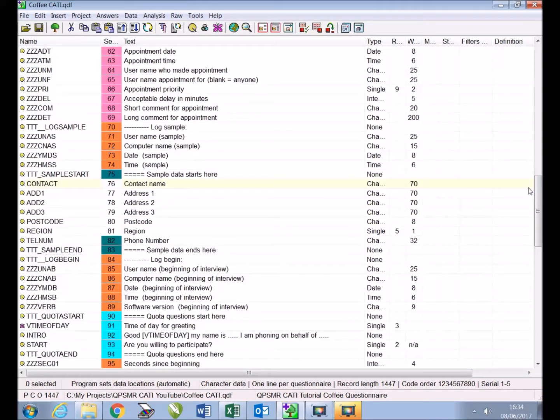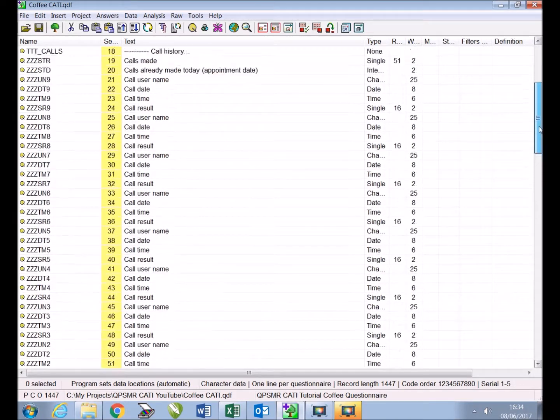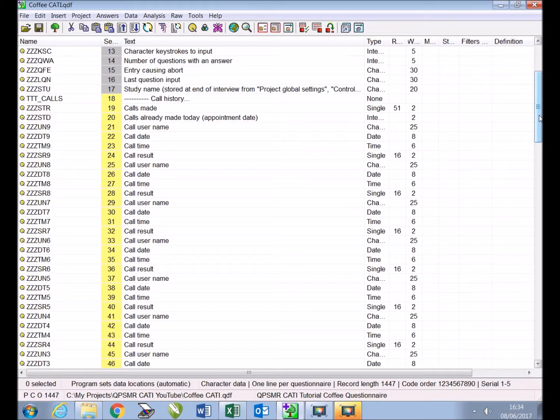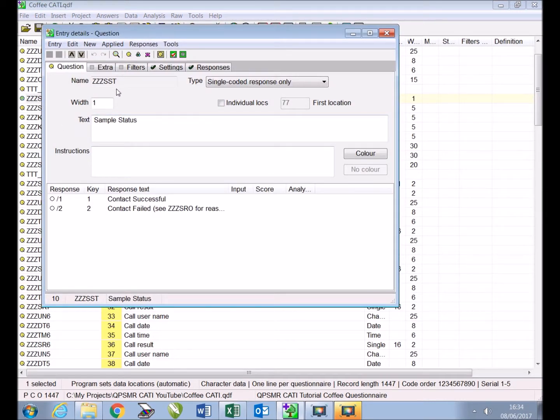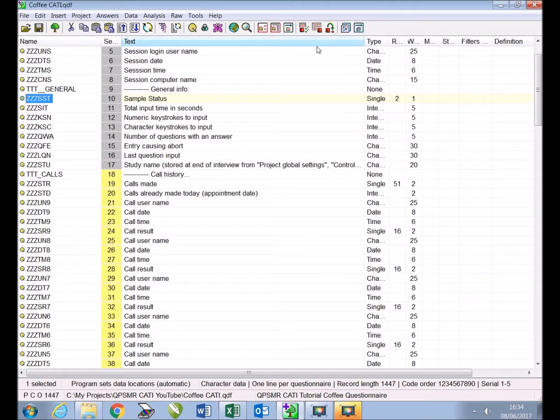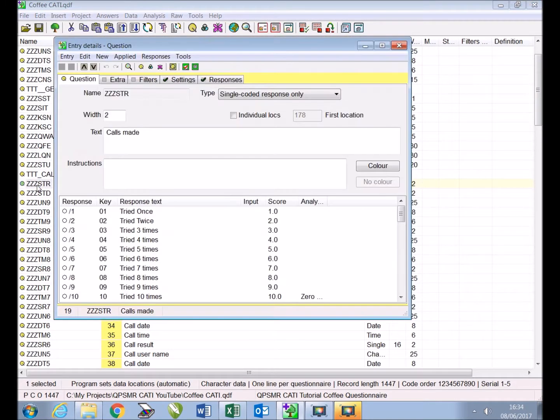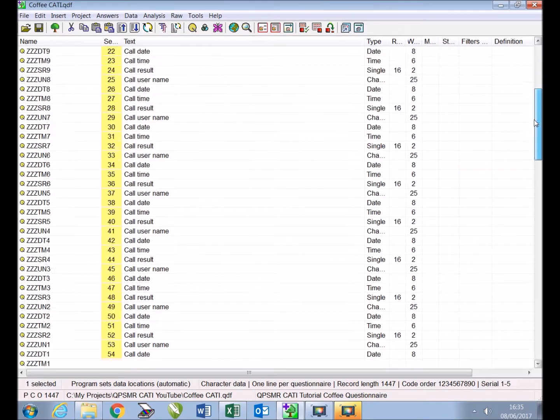All entries required to hold the sample information have now been created, as well as the telnum entry to store the telephone number. The ZZZ entries needed for sample management were copied from the skeleton QDF file in the previous video. To recap, these are ZZZ SST to hold the status of the sample, contact successful or failed, ZZZ STR to log the number of times the sample has been tried, ZZZ SR0